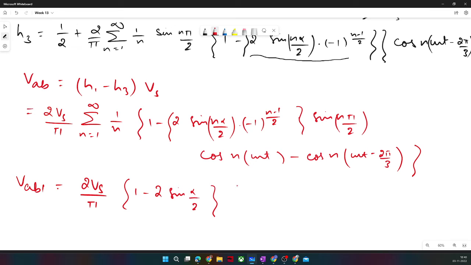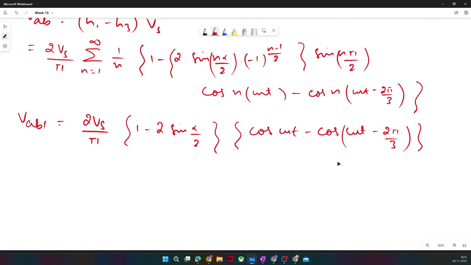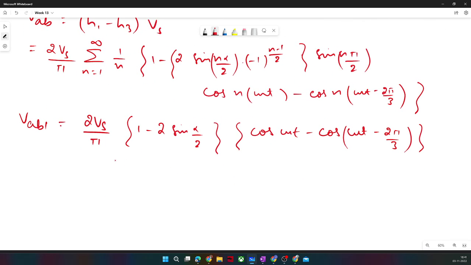So the expression would be cos omega t minus cos omega t minus 2 pi by 3. So this is your fundamental component, and after solving it further, you will get 2 Vs by pi